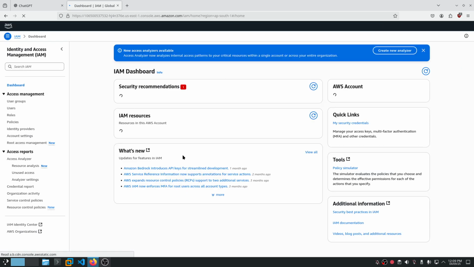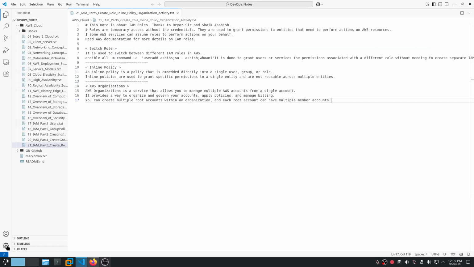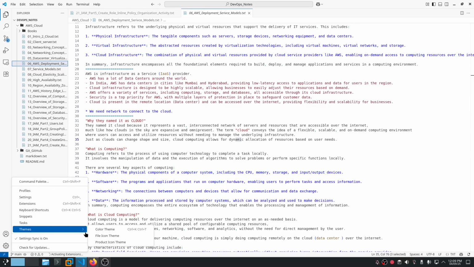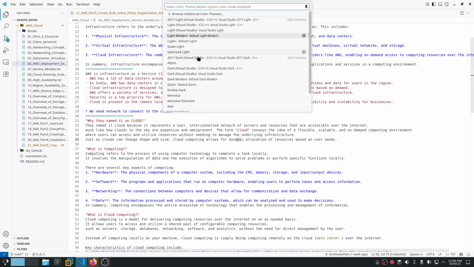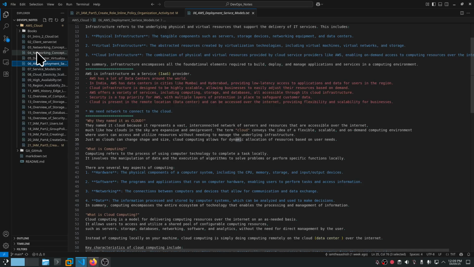go on it. So let me open my Visual Studio Code editor and you can see my notes beautifully written. Everything has been beautifully written by me with the help of GitHub Copilot. Default dark mode, I think this looks good.